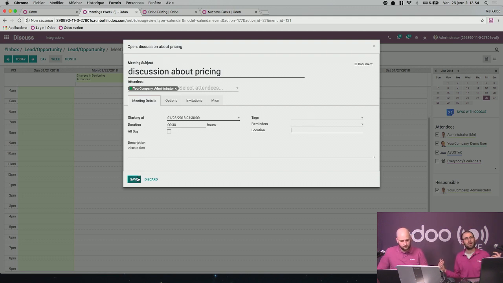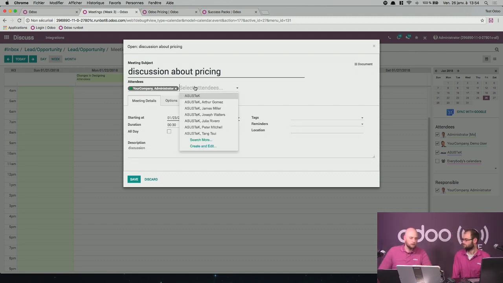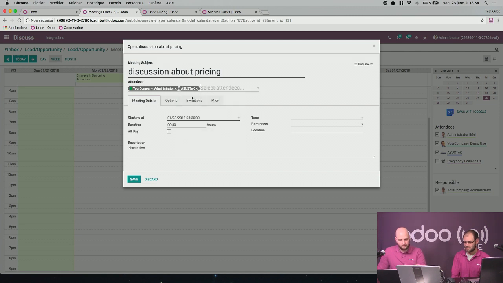How can I send an invitation to a customer, for instance? Basically here, you can see that these are the attendees. This is my email address that will be used. Then you can also, let's say that we are going to invite Astack, and we can use the person we have here, the contact. So let's click on Astack, and if we save,